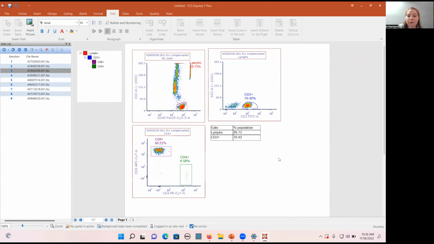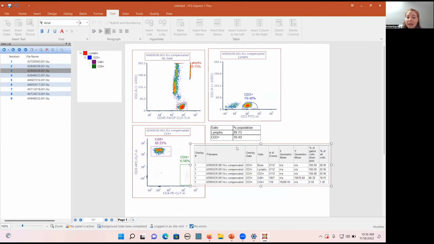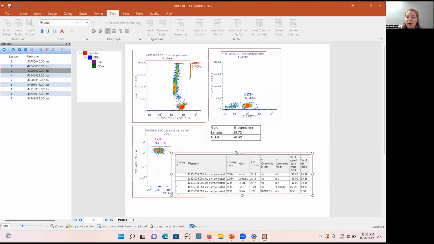a little bit less work for you. So we can make plot specific tables that are pre-made. So for this CD4 versus CD8 plot, if I want to report some statistics, I can right click and choose statistics and add the gate statistics. And when I do that, we have this pre-made